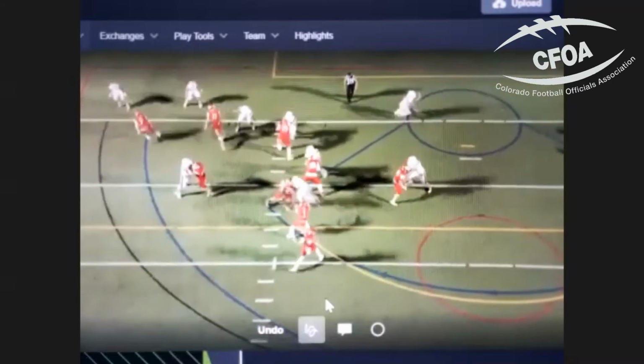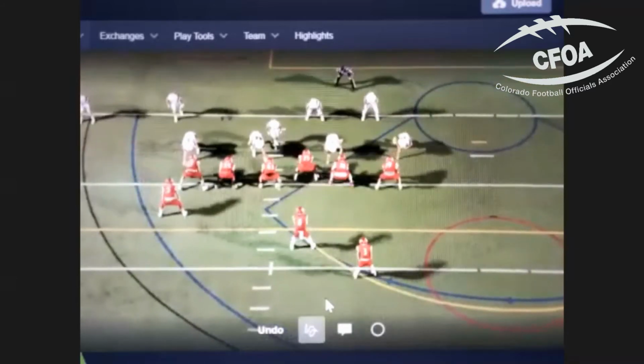And so, yeah, this is a no call, ineligible downfield. But he's also, Brian's correct. I think when we squeeze the field down, there's less of a chance that 75 is drifting further. But we've seen centers get downfield 4 or 5 yards, and it's just too far. We got to flag those.